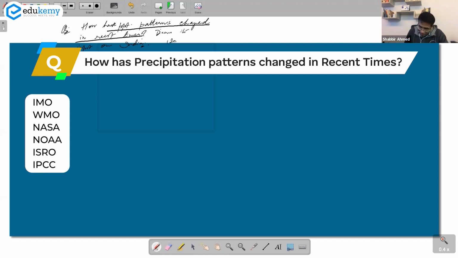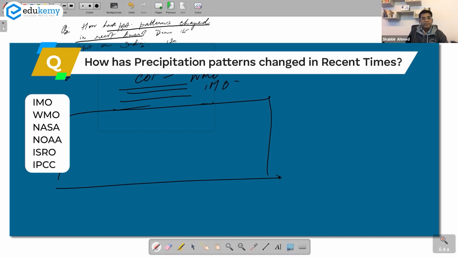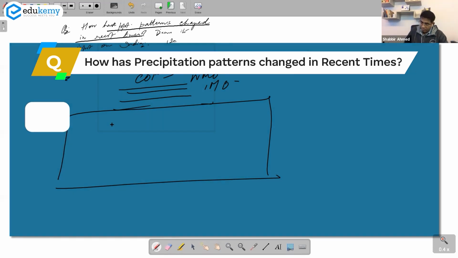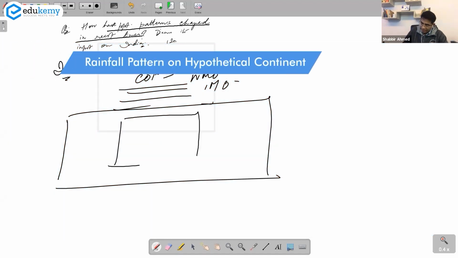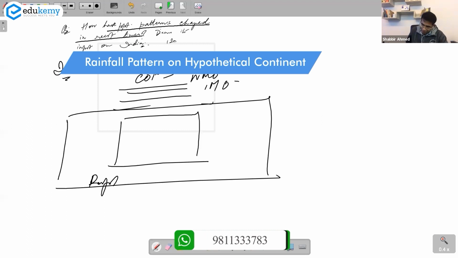Okay, so we have introduction. So please mention, okay, जो आपको गाना देना है दे देना. NOAA बता देना. COP13 के बारे में बोल देना. IPCC report mention कर देना. Okay, World Meteorological Organization, International Meteorological Organization, ISRO, जो कहना कहो, 2-3 lines में tell us what has happened. Okay, that patterns are changing and so on. In the box that you can have, okay, so you could have maybe a hypothetical continent, okay, a rainfall pattern